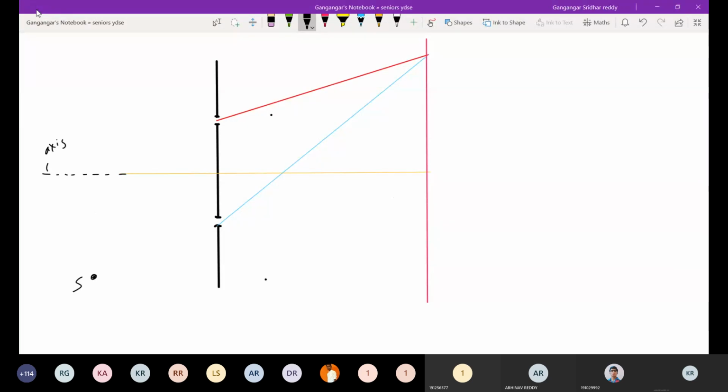So again, all the questions: first, what will happen to the pattern? Then how to get the order of interference on the axis or at any point. Then what is the shift? Then what happened to the number of maximas? All different. So here, the ray emitted by this, first it will move like this. So the ray emitted by this is the ray 1, and the ray 2